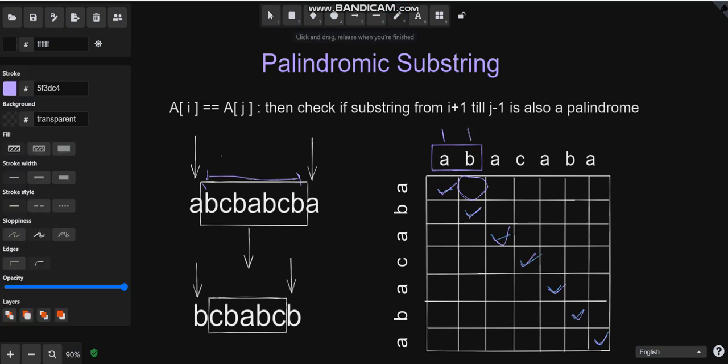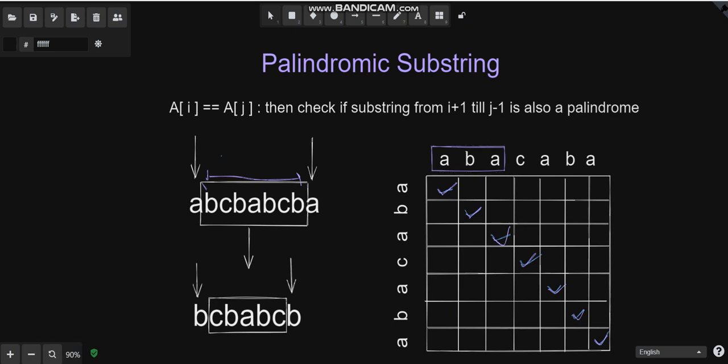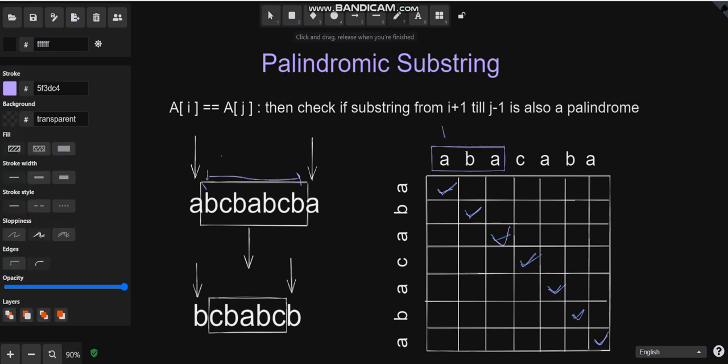Similarly, when you check this particular box, it signifies the substring where the first pointer is at A and the second pointer is at this particular position.